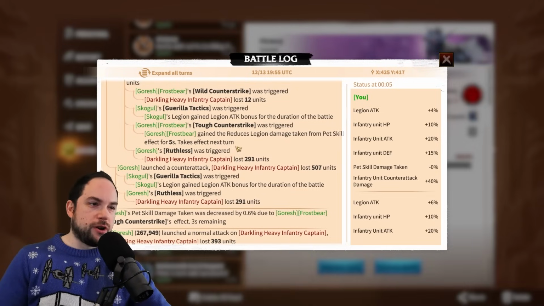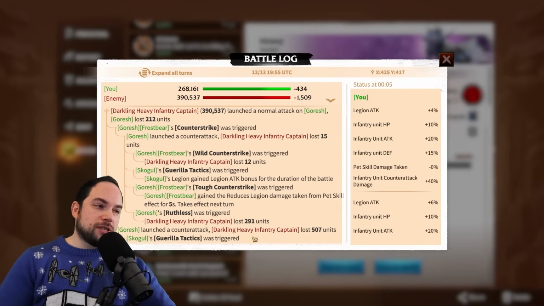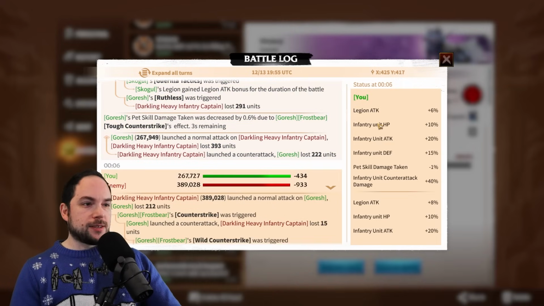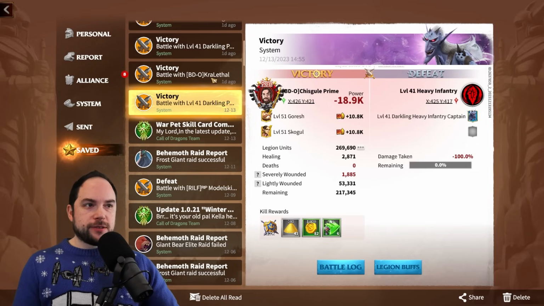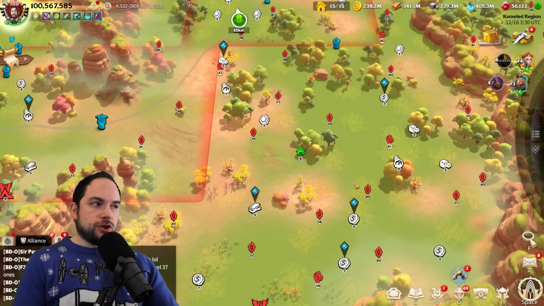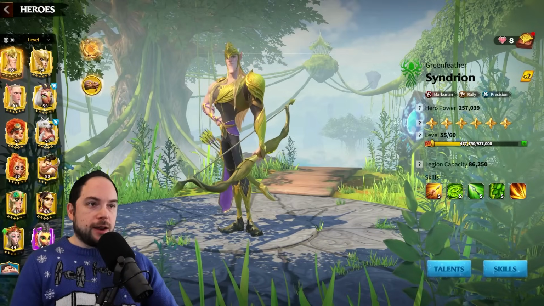There's 2 Ruthless triggers in the same turn because of our Counterstrike counterattack. GG. Very powerful. We should go from 4 Legion attack to 6. There it is. So look, the proof's all here. All right. So now anyone who does counterattacks, it's powerful not only because, yeah, infantry, you're trying to get them with the counterattacks, but also doing extra counterattacks means you get extra triggers of